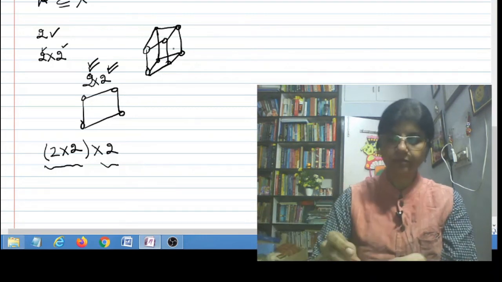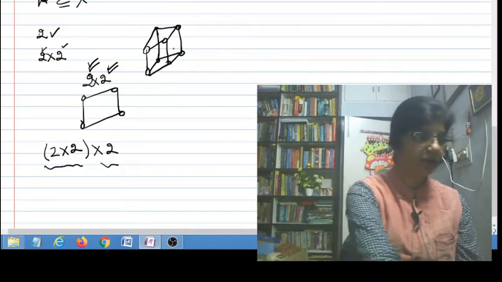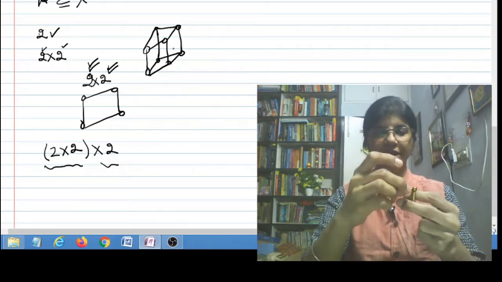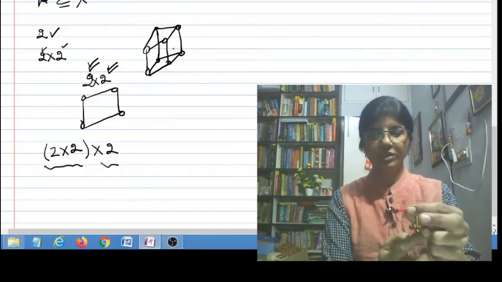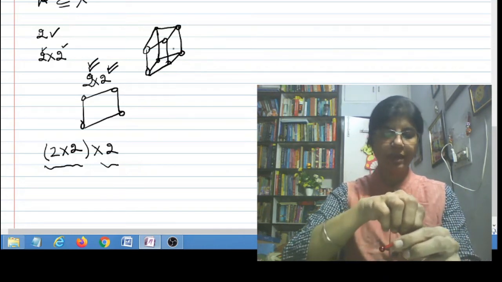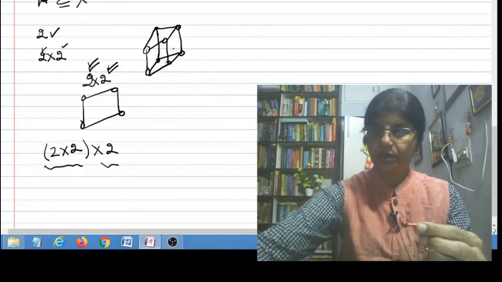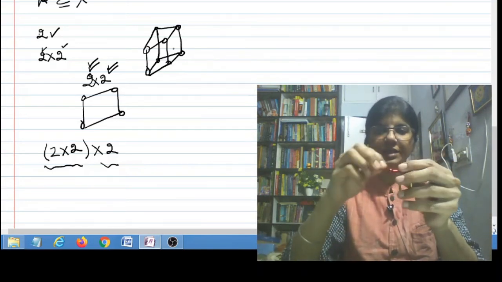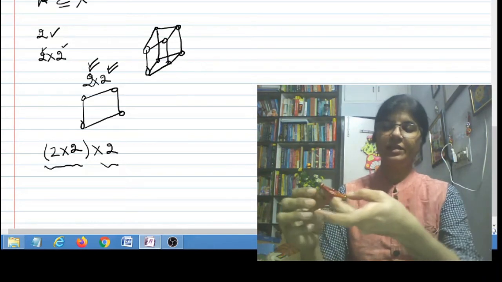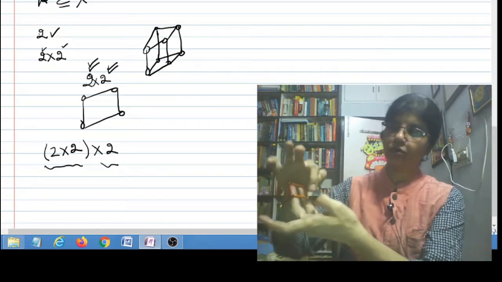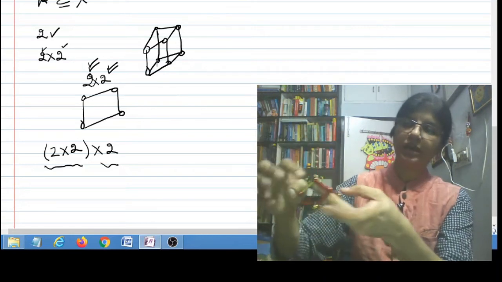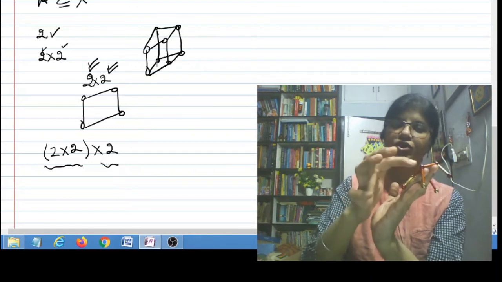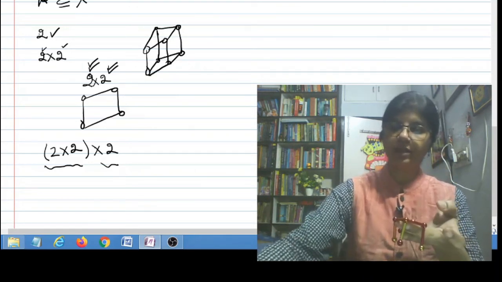Let me see if I can make this comfortably, because these are all magnets and they are sticking to each other, so it's very difficult without help to form a diagram like this. So I'm placing here, so we get something like this. You can just see, this is 2 cross 2, this is 2 cross 2, and at every vertex I have put a chain, and now you just have to add the corresponding vertices.